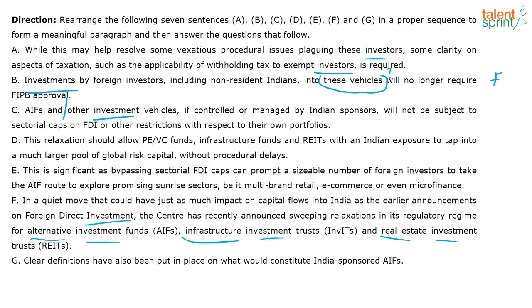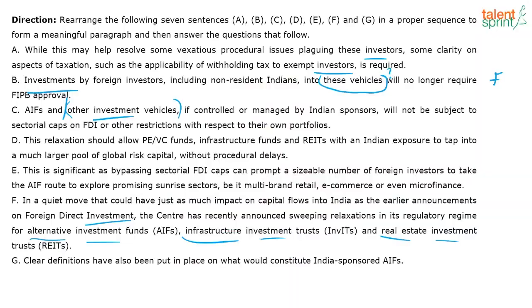So have you got this clarity, guys? So B and C cannot be my topic sentence only because of what I have highlighted for you, right? Clear? Now, a vehicle is something that transports or carries, is a medium through which something is happening, right? So when they say investment vehicles, we are talking about the different types of investments here. That's what it means. Now let's go back. So F is our topic sentence. Now that we have established that yes, this context is about